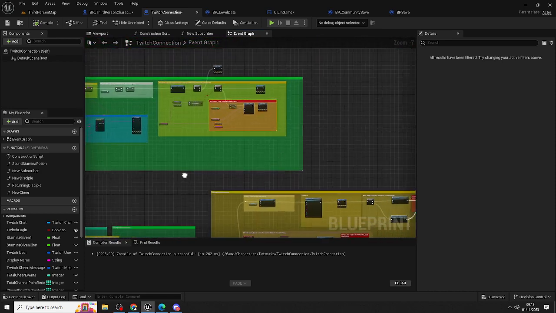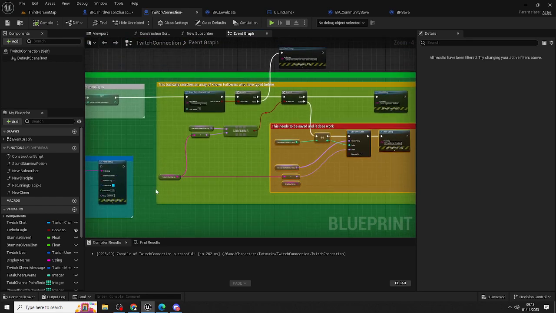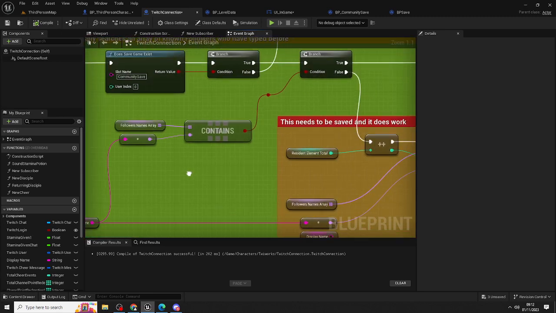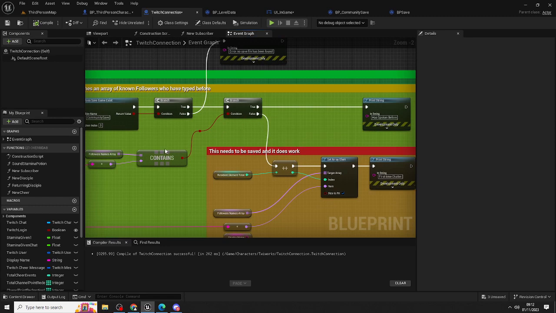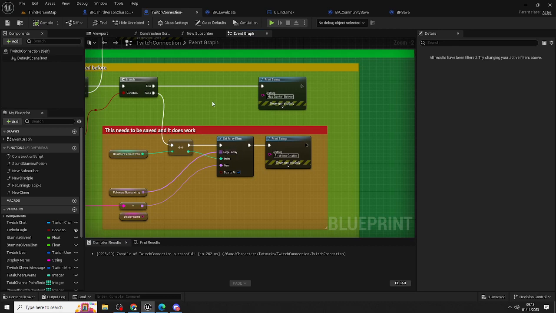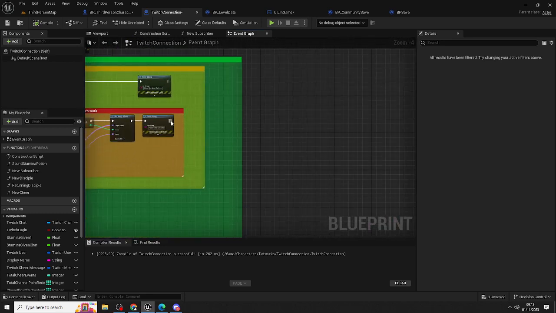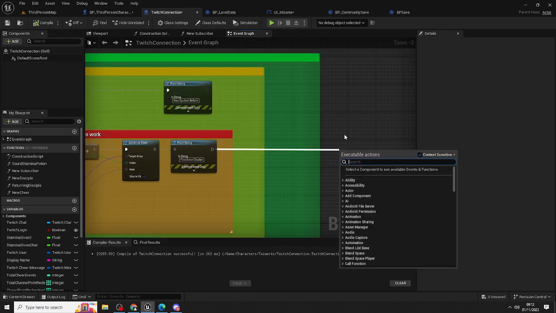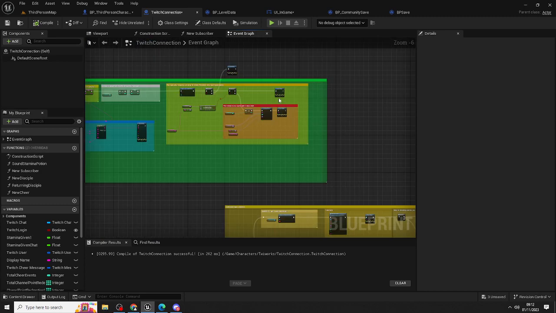And the logic to dictate whether a person has spoken or hasn't spoken before is here. So basically every time a name is not contained within the array, it will decide between has spoken or is first-time chatter. So if I wanted to do more logic from here, this is where I would do it based on the first time. Say for example, if a first-time chatter, I want a different emote or a different animation, this is where I'll plug it in, and if they have spoken before and it's just a simple message, it's here. So it's just dividing out the code.